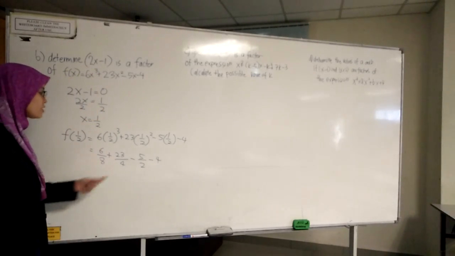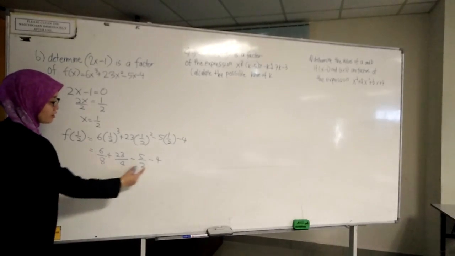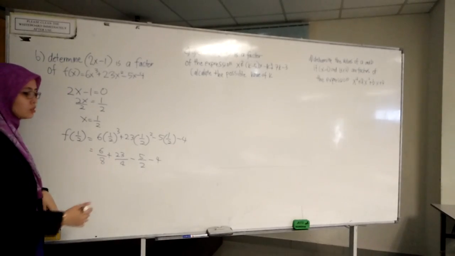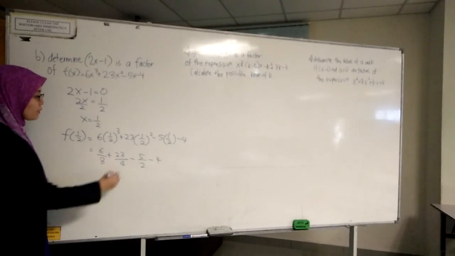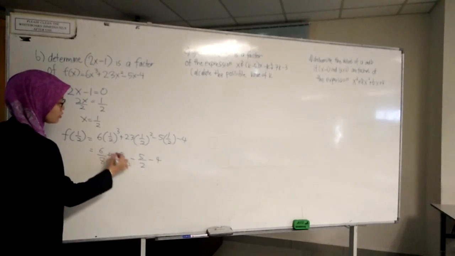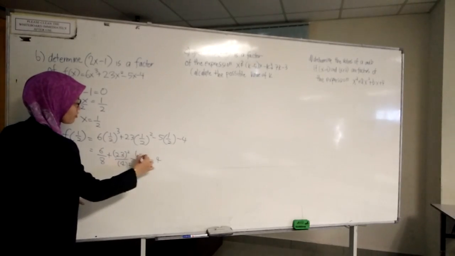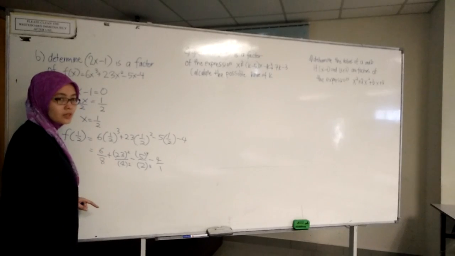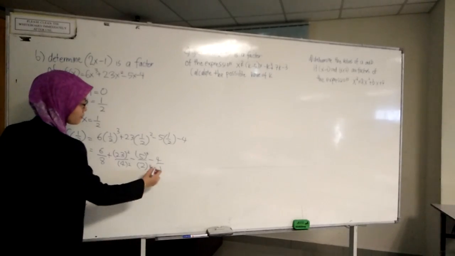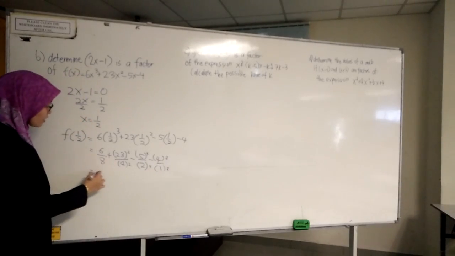So to add or subtract fractions, you need to ensure your denominators are equal. So now the highest value is 8. So we multiply this by 2, this by 2, multiply this by 4, this by 4, and this one multiply by 8, and this one is 8 multiplied by 8. Okay, so now